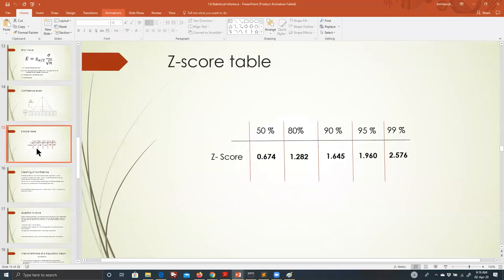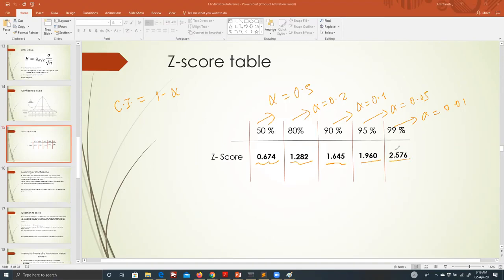So let me help you out and let me give you some z values by default. So when you have, let's say, alpha or alpha by 2, here alpha is 0.2. So remember, this percentage, 80% CI, confidence interval, our confidence is 1 minus alpha. Here alpha is 0.1. Here alpha is 0.05. Here alpha is 0.01. Now Z value is given for all of them, and I will also show you the similar thing in the chart as well.